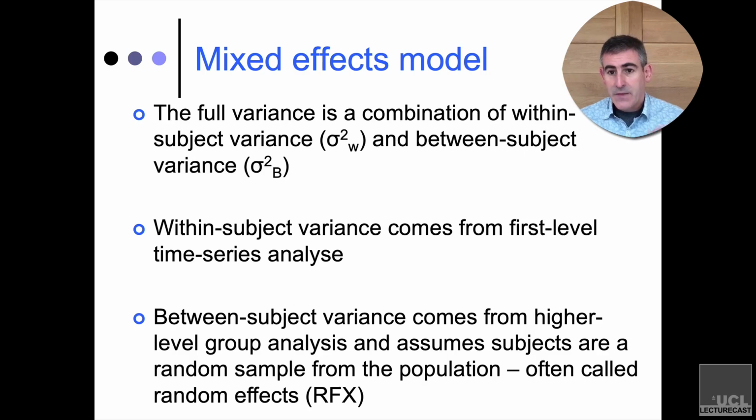Okay. The within subject variance comes from the first level analysis. So that is to say, if you're in the scanner and you're doing this finger tapping task for 5 minutes, the within subject variance is within that 5-minute period, right? Because that was when you were in the scanner doing the task. So it's within subject. The between subject variance comes from the fact that you have multiple participants in the scanner. Okay, and that's when we talk about this higher level analyses. That's when we combine the data from the cross participants into a group level analysis, which, as I said, sometimes